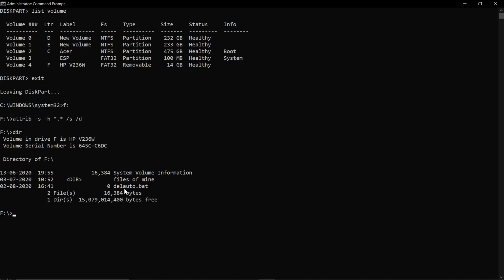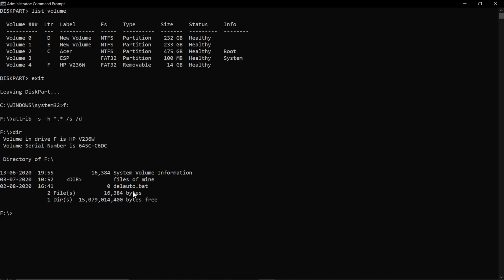Virus containing files will normally be with the extension .bat, and yes, this is the file that will be harming your PC. So you can delete this right away before opening the pen drive's window in your PC, so that you can avoid the automatic running of files in your PC, and it can be stopped.